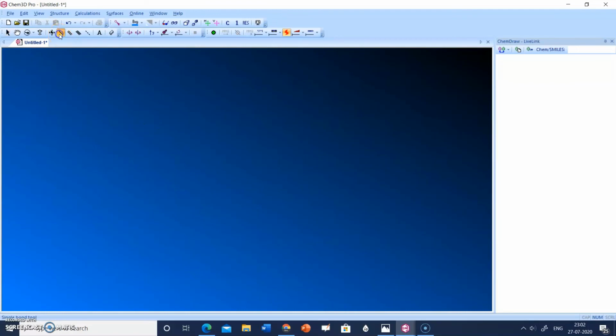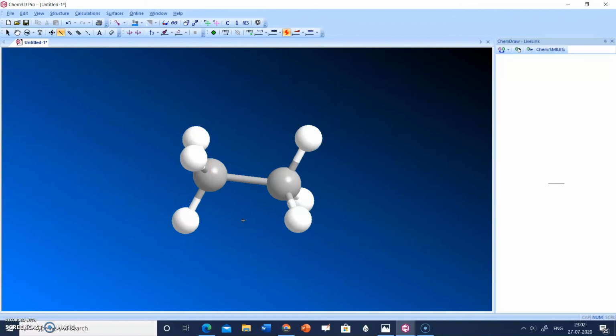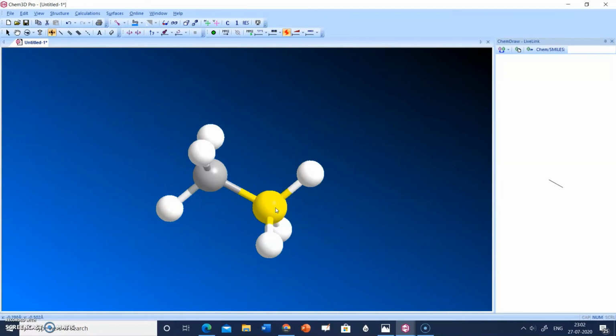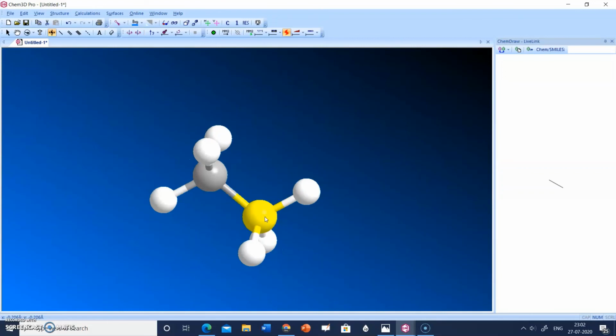So let's once again draw this structure. Click and drag. So this ethane is formed, right? We can move this structure also. And there is one more option. This is the translate tool, this is the select tool, this is the rotate tool, and this is the move object tool, right? So if we click on this move object, and click on this carbon atom, the C2 carbon atom, and move this atom, it will get moved, and the rest of the molecule will remain the same.